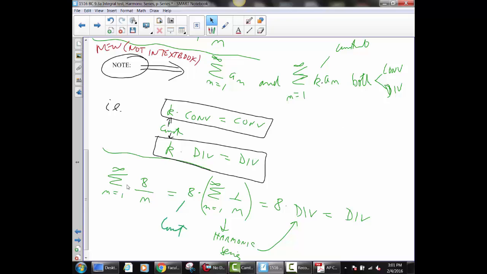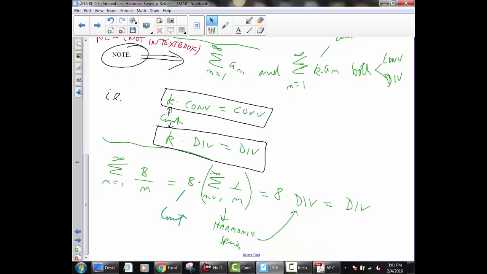So, for example, if you have the series 8 over n, you can pull the 8 on the outside, and now it's 8 times the series 1 over n. This is the harmonic series, which is divergent. The 8 is on the outside. 8 times a divergent series is